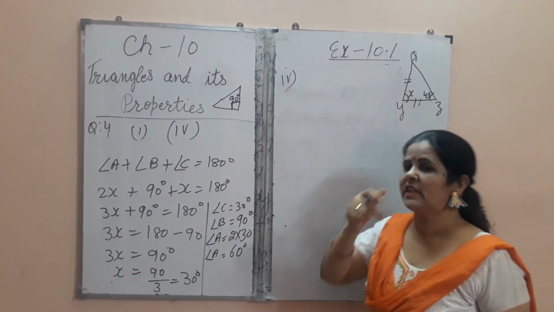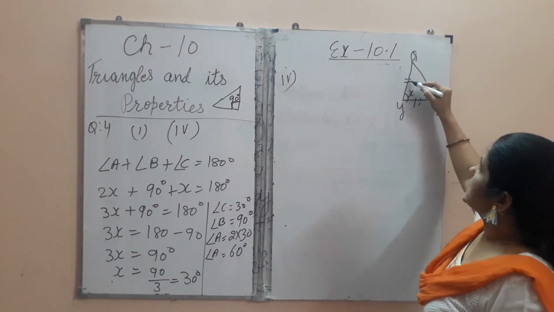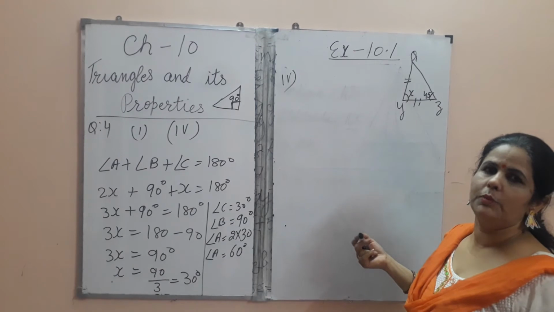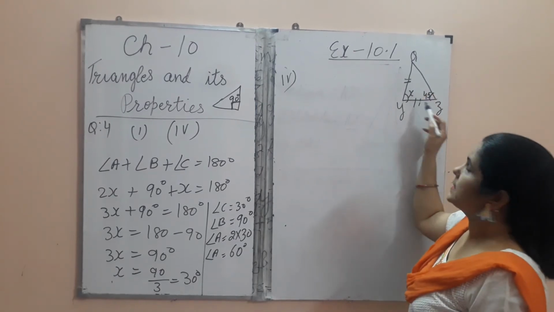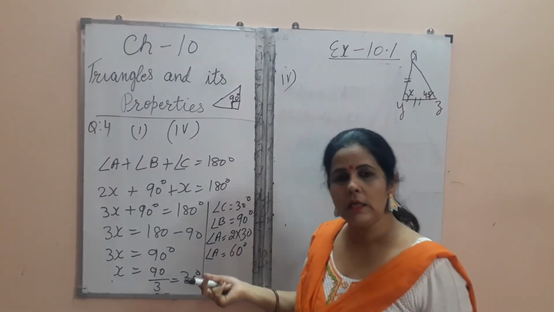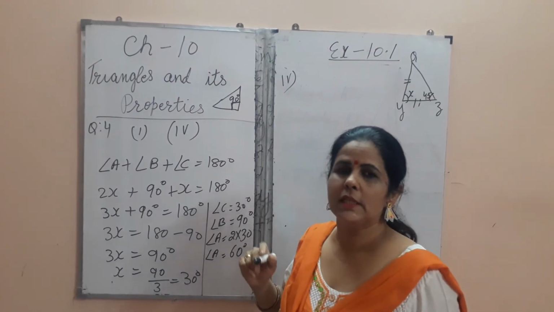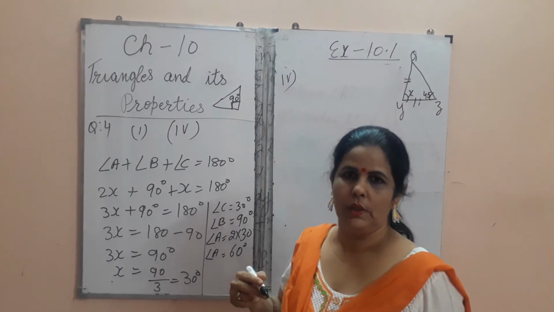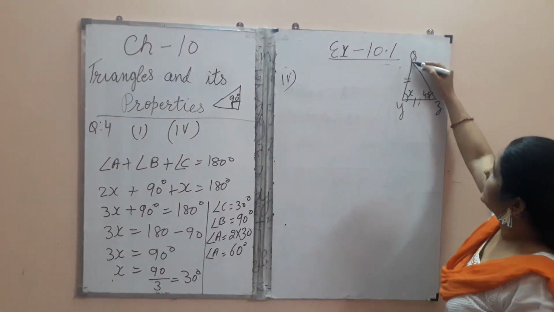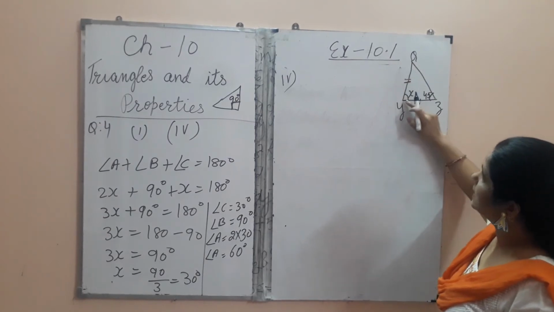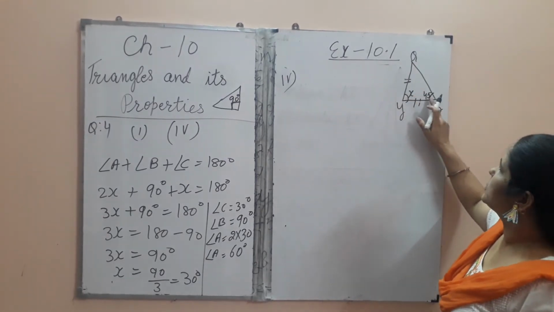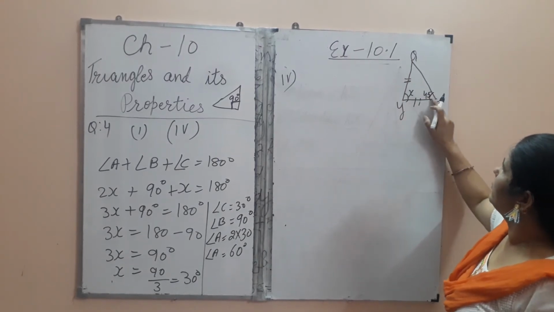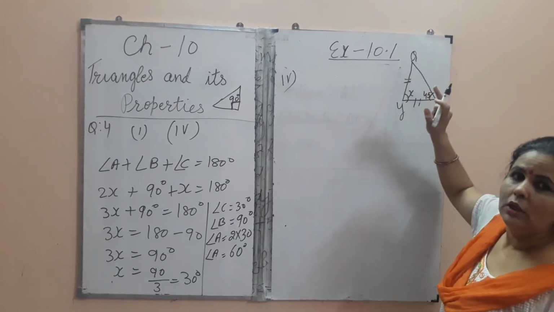And one property of a triangle is, if two sides are equal, then their opposite angles will also be equal, and vice versa. It means if two angles are equal, then their opposite sides will also be equal. So in this, the opposite angle of this QY is, these two angles are adjacent angles, so the opposite angle is this. This opposite angle of this is 45 degrees. So the opposite angle of this will also be 45 degrees.